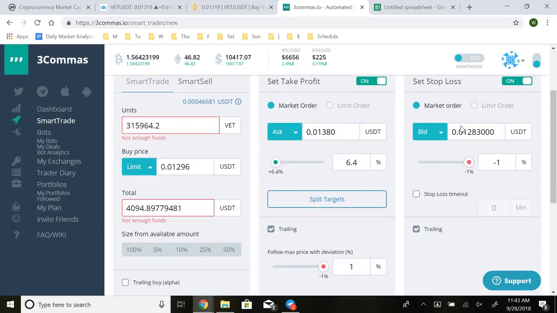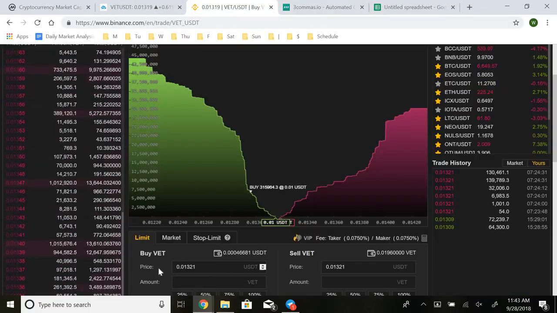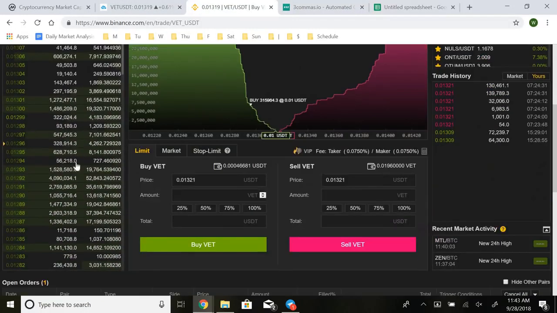So the stop loss, of course, you always want to have stop loss on. For me, I have a specific ratio that I use that, of course, you guys can get if you want to take one of our private courses. But for the stop loss, I'm going to do 1% stop loss for this, so 1283, and of course I made sure that chances are I won't hit that because there's such a large buy cushion